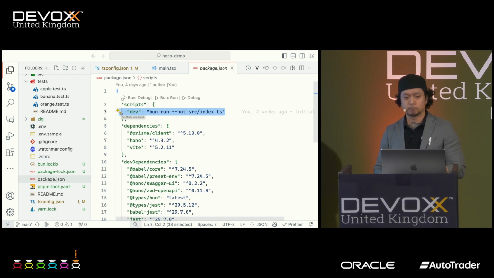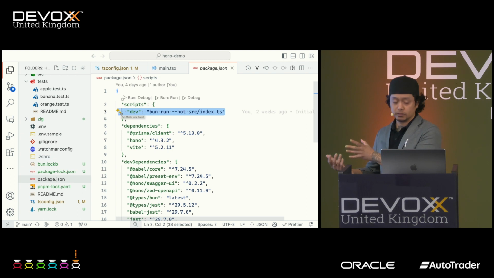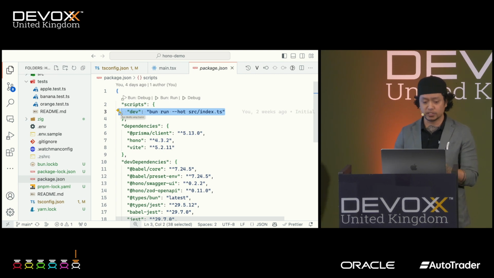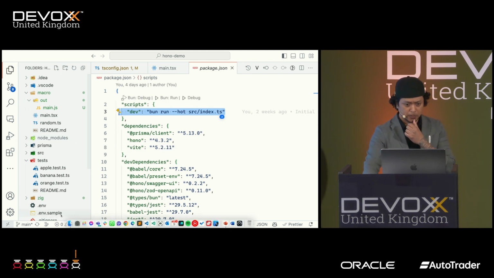So this is just an example of a framework that uses Bun as a runtime and spins up a local server. So Hono, if you haven't used it, you haven't seen it, is a pretty decent JavaScript framework for building APIs or front end or full stack.